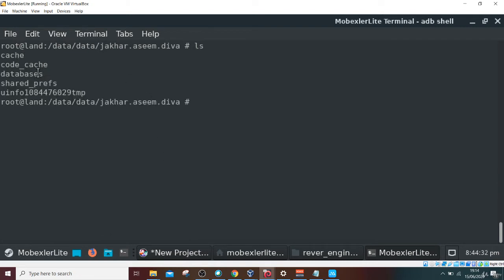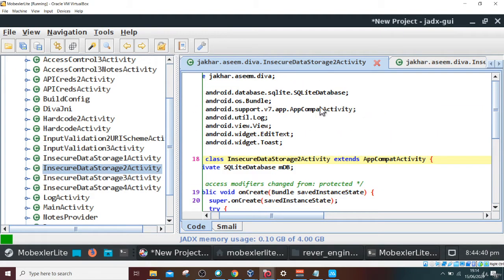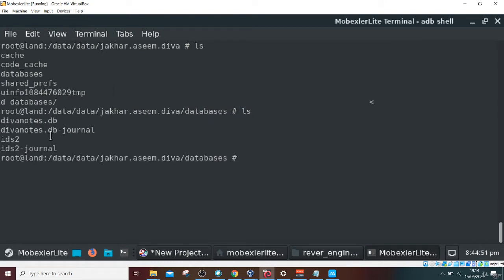There is one folder, databases, and if we recall from the code, this activity class calls some SQLite database. So we will go into the databases folder. Do ls, and you can see there are various DB files here. All these four are related to DB files only.